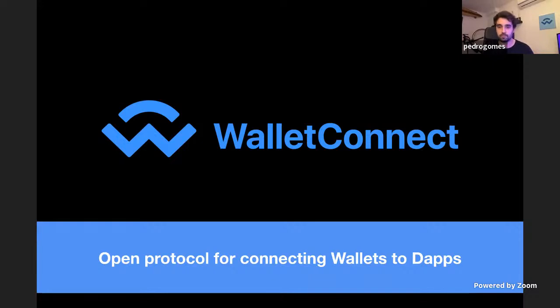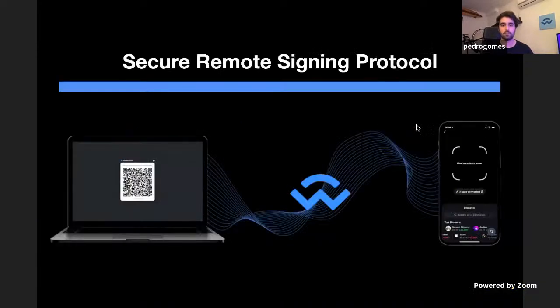So hi, my name is Pedro. I'm a co-founder of WalletConnect, and I've created WalletConnect as an open protocol for connecting wallets to dApps. In a short sentence, WalletConnect is a secure remote signing protocol. It allows a mobile wallet to remotely sign a transaction or a message to a desktop or even another mobile app where you have your Dapp that will format the transaction, and then that needs to be signed securely on the mobile app. And we provide this end-to-end encrypted protocol that allows the message to be received by the wallet in order to be signed, or the transaction, and then it's sent back into the Dapp, and you can use your favorite library like Web3.js and Ethers.js and build your Dapp with smart contracts or anything you're working on for